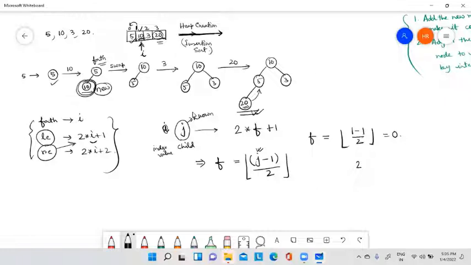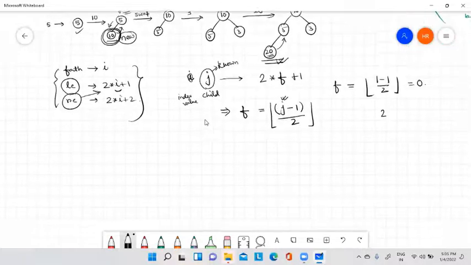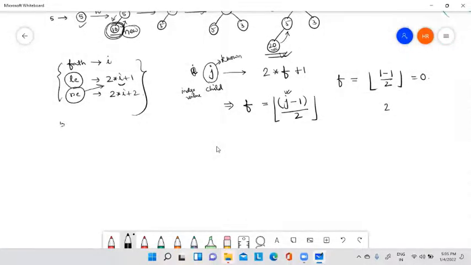Okay. Now see, after this, there will be one interchange operation. So again, step by step, just try to understand. My sequence is 5, 10, 3, 20. So this is index value 0, 1, 2, 3. I will start my loop from this position.